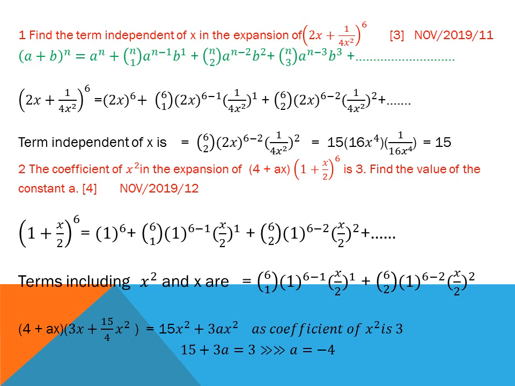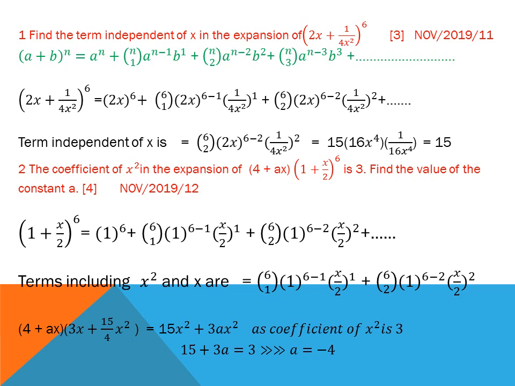Now we should start from the topic binomial theorem. Binomial theorem is related to P1 and also P3. There is a 3 to 5 marks question in P1 and a 5 marks solid question in P3. So binomial theorem only depends on the formula. If you have a strong grip on your formula, there is only a little bit of concept in this binomial theorem expansion. So you should first focus on the formula.